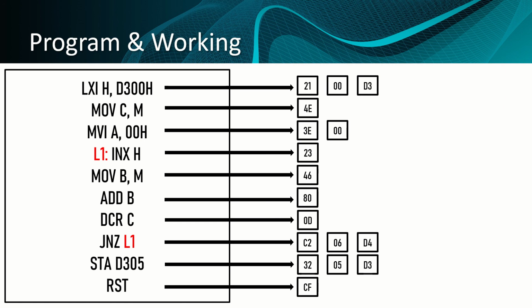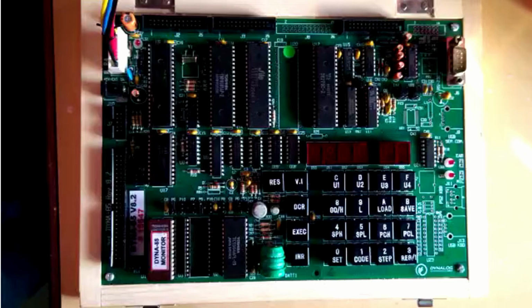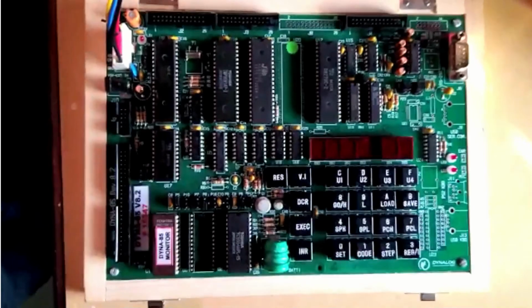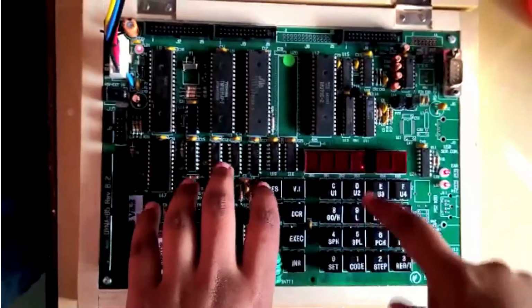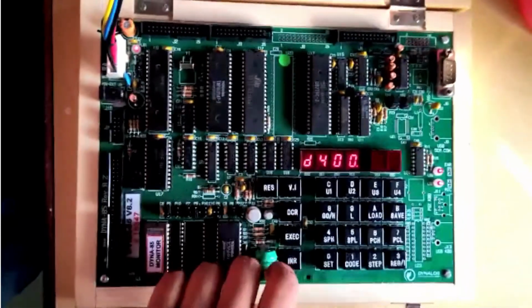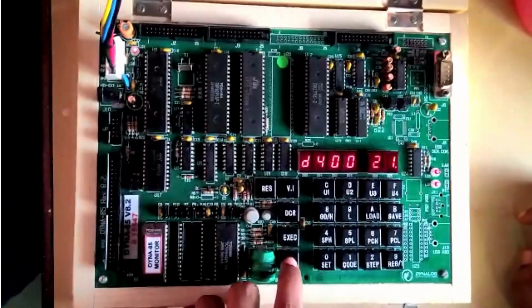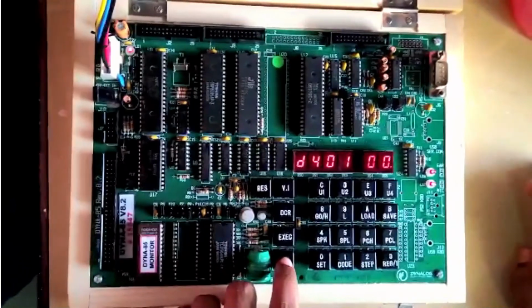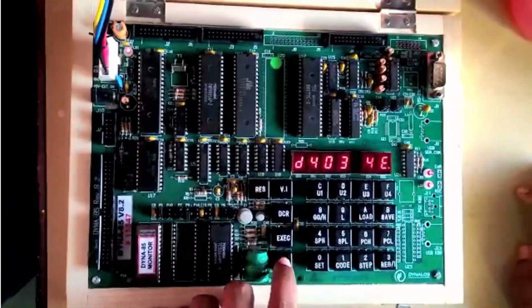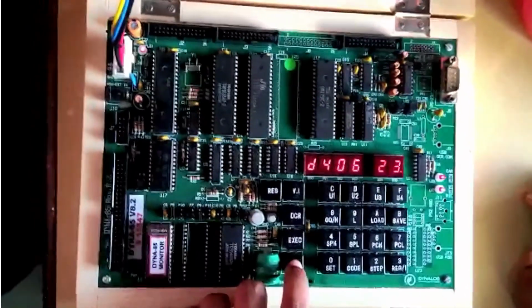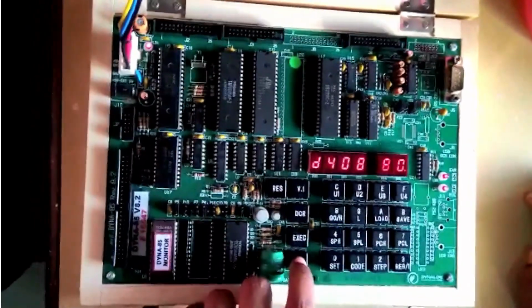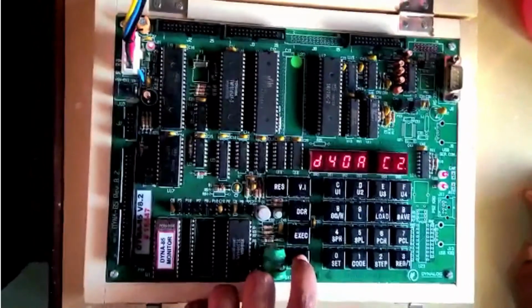After that, let's see how it is performed on the Dyna 85 kit. Here is a small video. First, we will start the kit and see whether it's showing the prompt or not. Then set the address D400. This is our first instruction. Then second, third, fourth, fifth, sixth, then address, seventh,